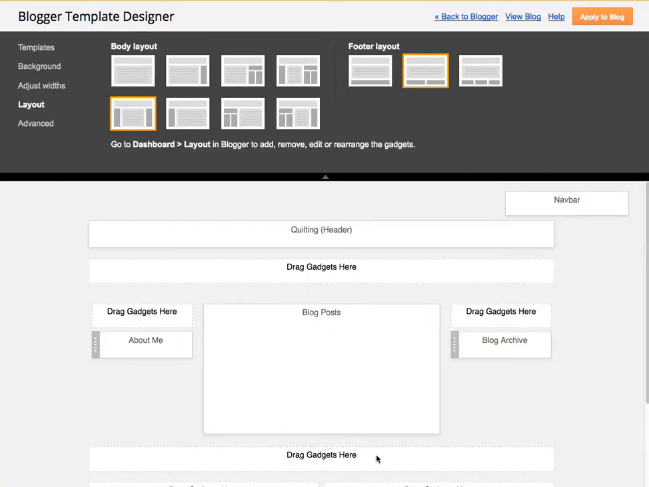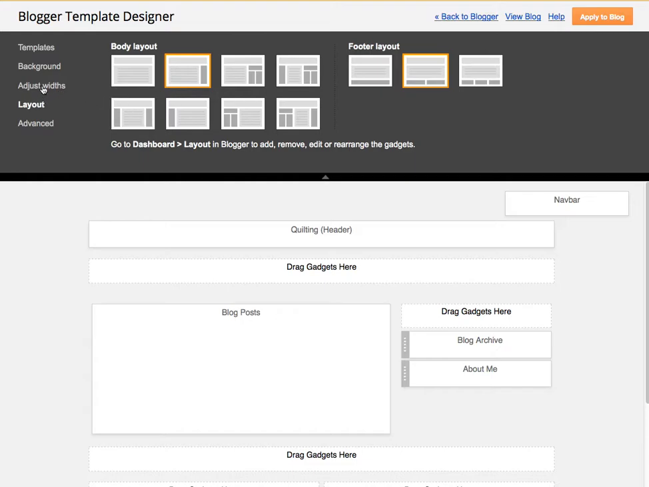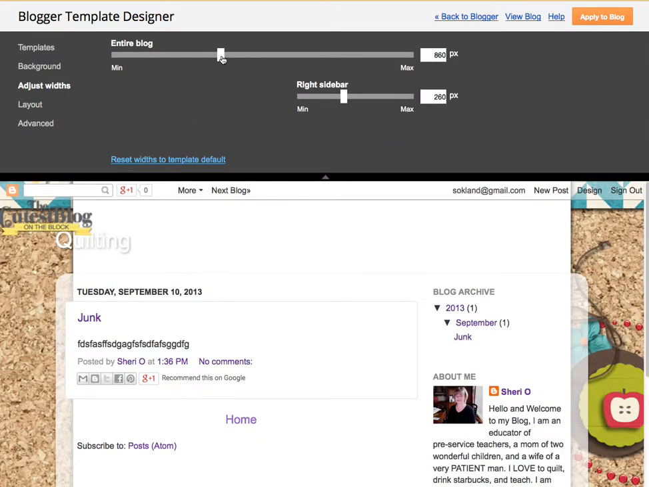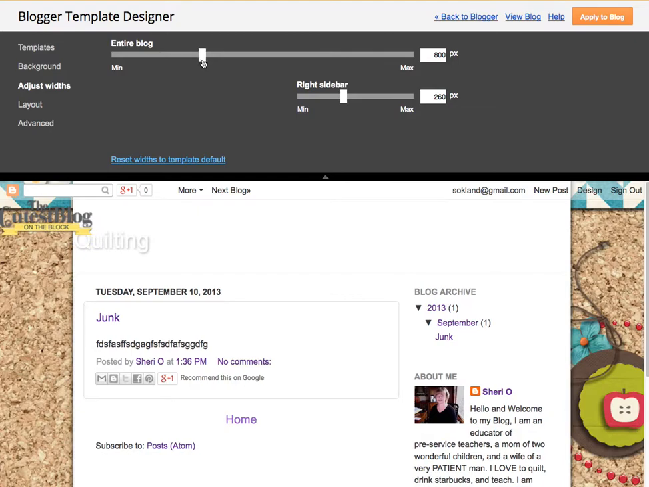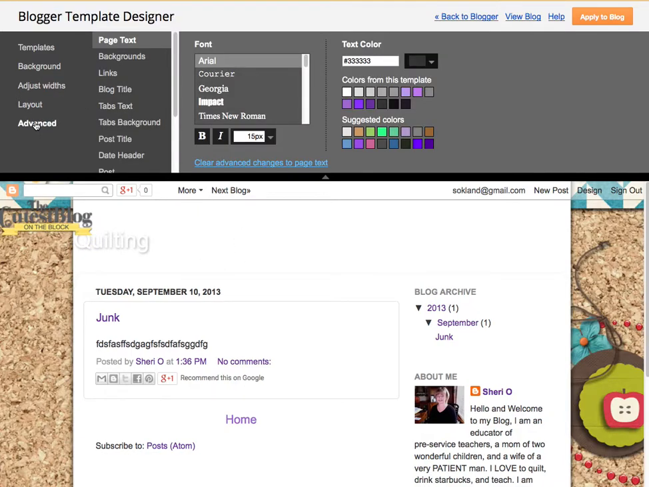So if I were to change my layout again, it would do the same thing. And I can do different things as I'm going. I actually think I'm just going to keep it as one, so I am going to have to go back here and do a readjust. So that's why this template is so useful to know. Then I can go to advanced,